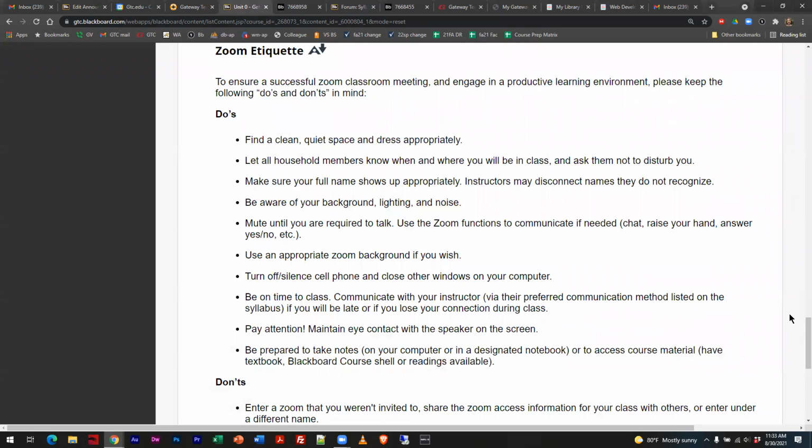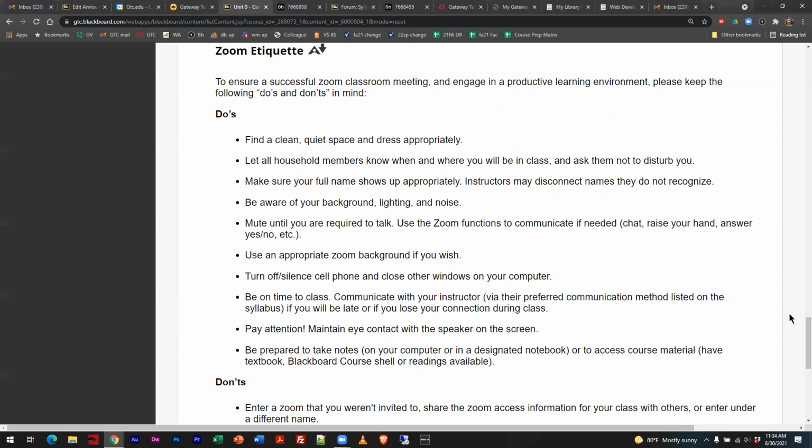Now, I had this little entry in this unit about Zoom. This is really a common sense guide. These are not rules. Alejo, you've been in Zoom sessions with me, so you know how informal I am about them. Some instructors will say, "Turn your camera on," and some don't care. Some say turn your mic on, some don't care. The general rule of thumb is you're going to run the session the way the instructor is comfortable. If you're being noisy, I can always mute you in a Zoom session.